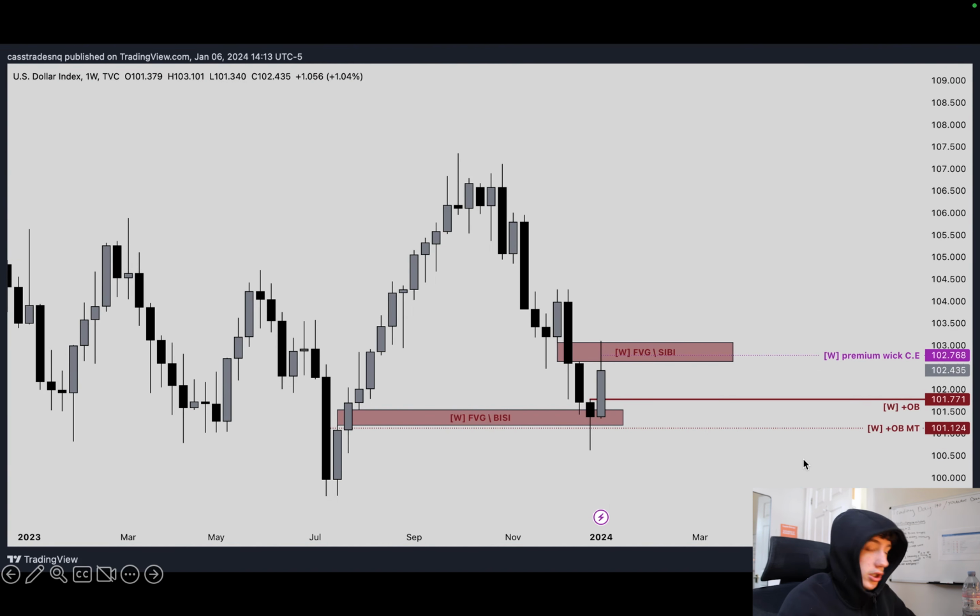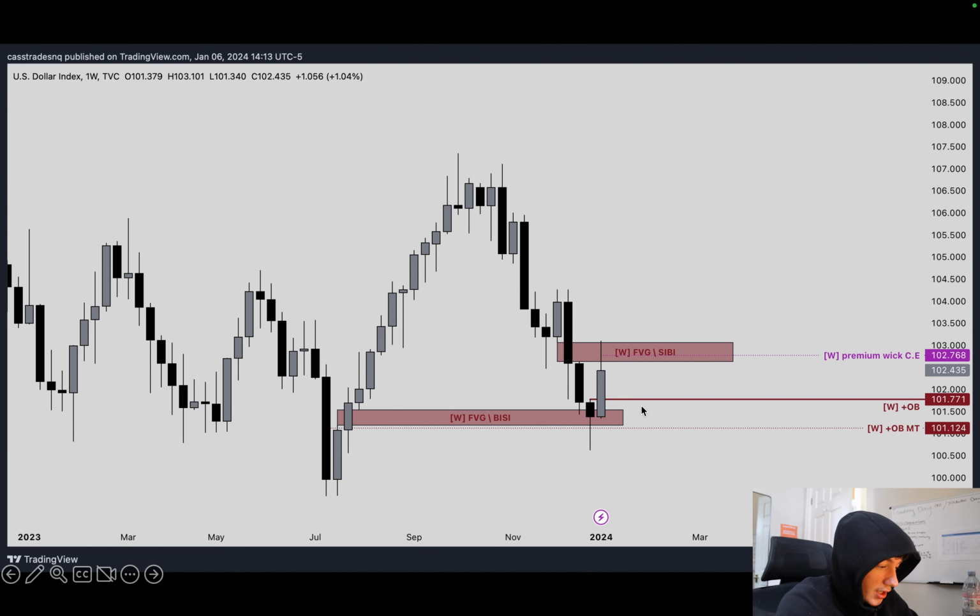Alright, moving on, we're looking at the dollar. So here my weekly analysis again was correct. We came into this fair value gap / BISI, order blocking threshold, and this week we've come up into this weekly SIBI / fair value gap here, and then we've seen a reaction off of it. Then I'm watching the consequent encroachment of last week's wick as something to close above if we're going to reach for these equal highs here and here, if we're going to go higher on a longer term reversal basis.